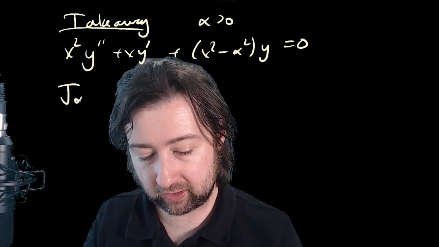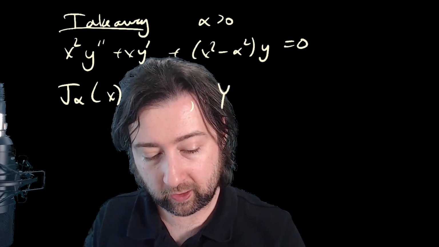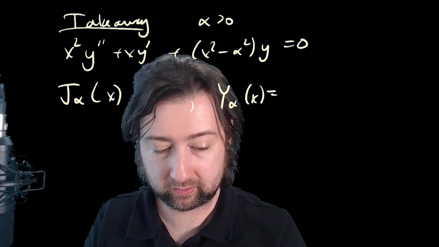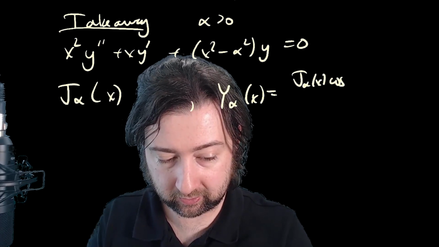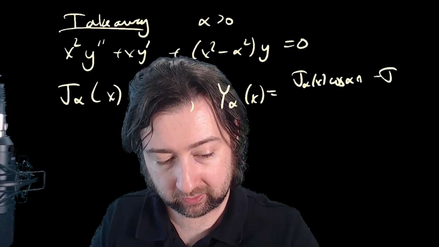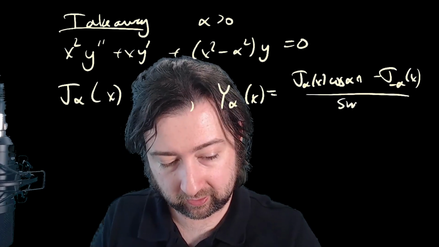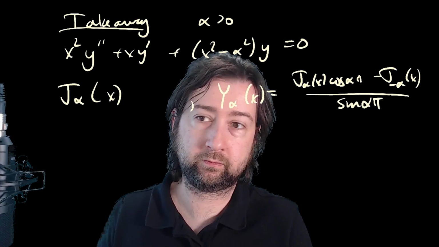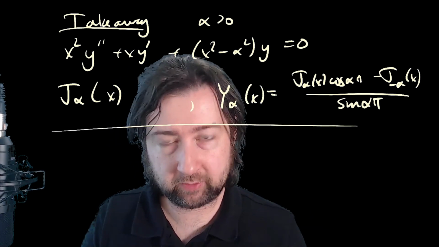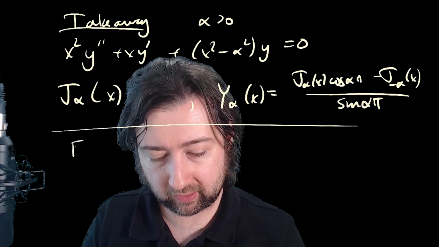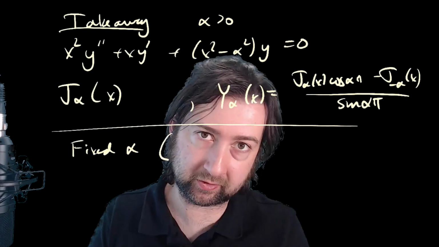So you have a j alpha of x, and you have a y alpha of x, which is equal to j alpha of x times the cosine of alpha pi minus j minus alpha of x over the sine of alpha pi. And I want you to know that with that family of functions, for a fixed alpha, and you can think about this as fixing the physical system that you're working in,